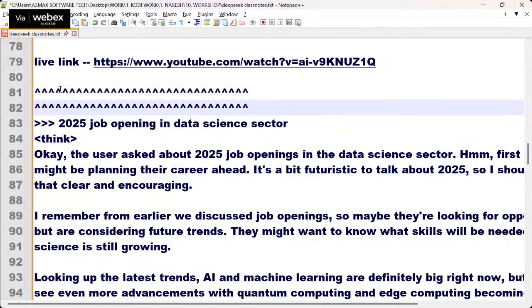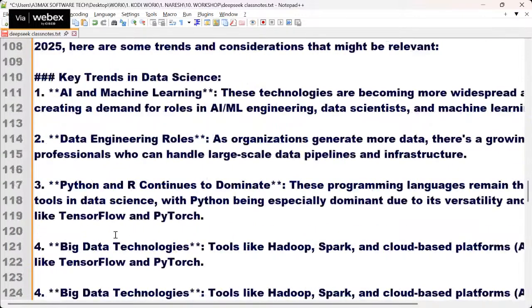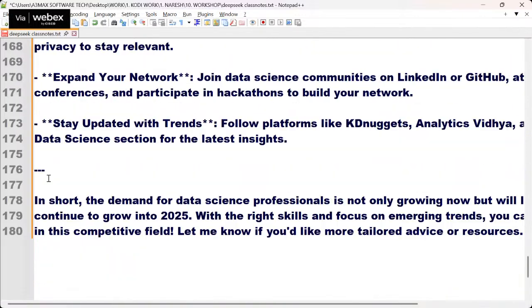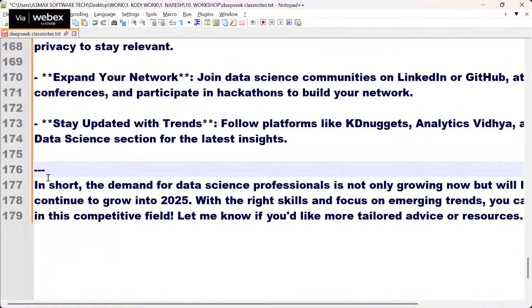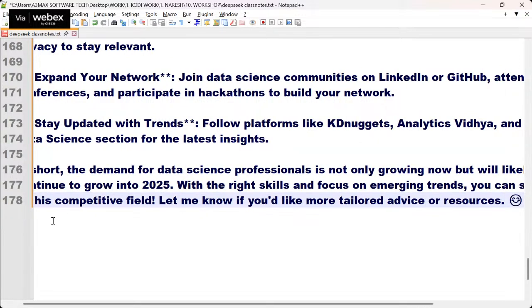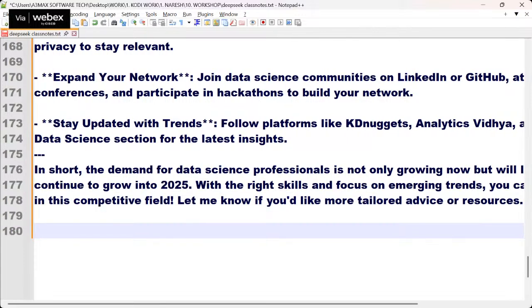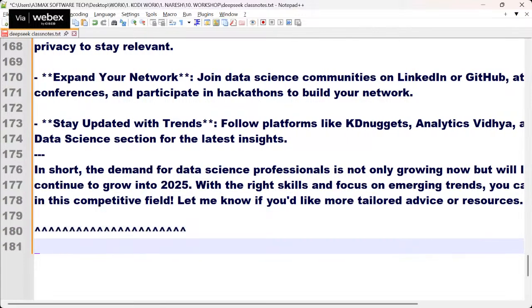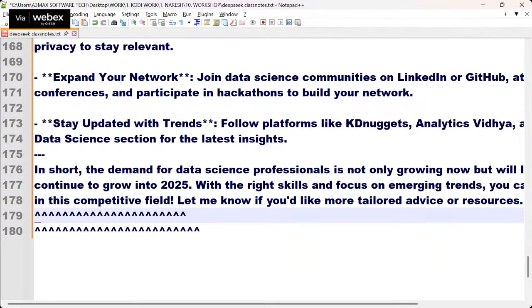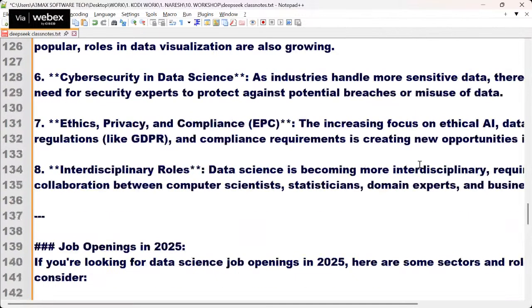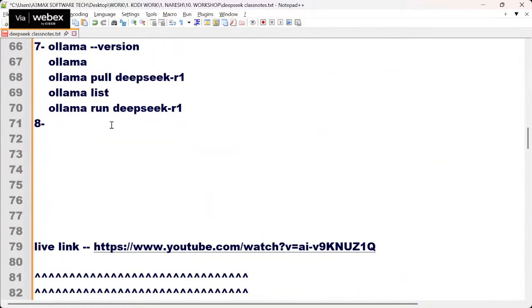So which model did we use now? Everyone learned how to use the DeepSeek R1 model practically, locally. We didn't use any API key. Did we use any API key? Answer me yes or no. We didn't use any API key. So companies, can you use it in organizations now? Yes, everyone can use it in organizations without any hard code. Okay.